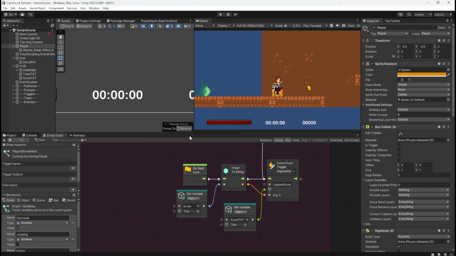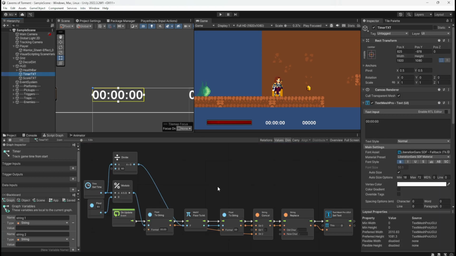So I'm wondering if I can follow that same method for the timer. Maybe the float to string. That would be a good idea.